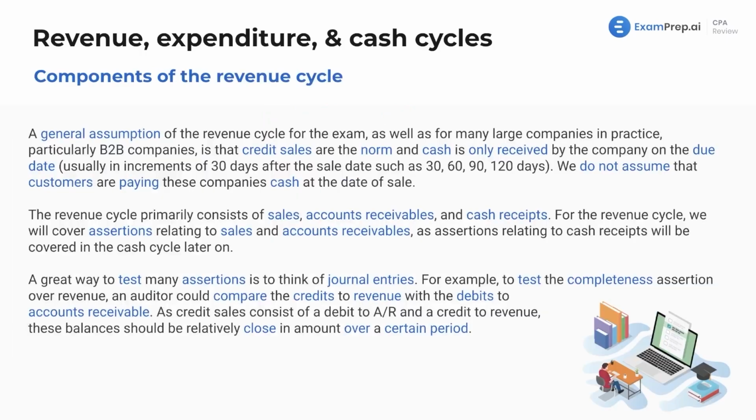Let's talk about the components of the revenue cycle. Well, a general assumption of the revenue cycle for the exam, as well as for many large companies in practice, particularly business-to-business companies, meaning you've got a large manufacturing company doing business with another large company rather than doing sales with individual customers, right? So again, the assumption is that we're not talking about Best Buy selling to individual customers. Now that's a component of what happens in the cycle. But when we're talking about the revenue cycle and accounts receivable, we're thinking of large companies selling to other large companies,